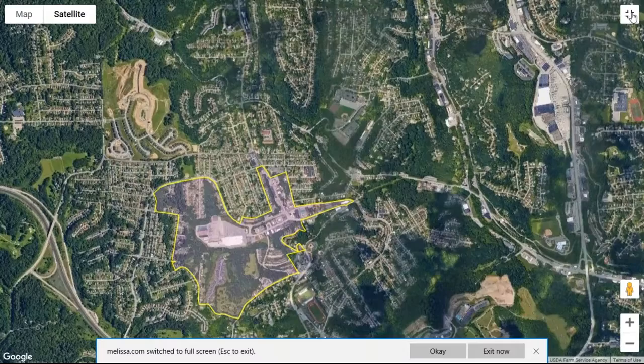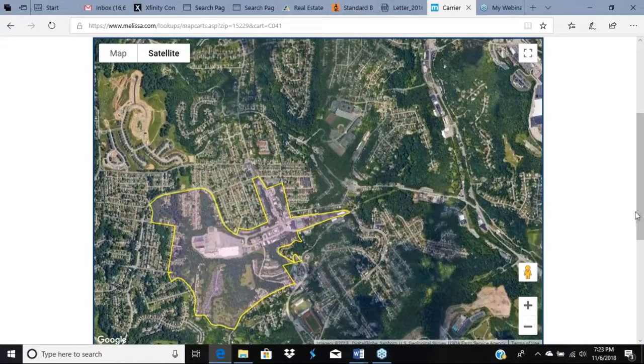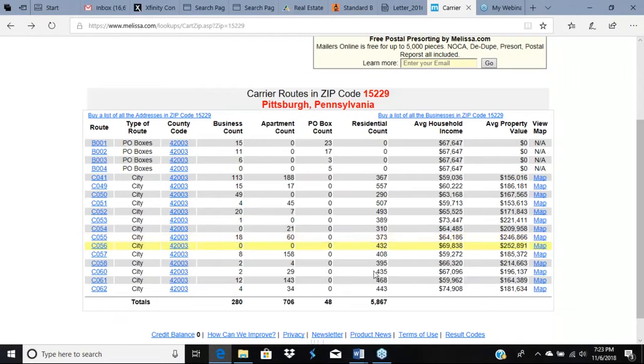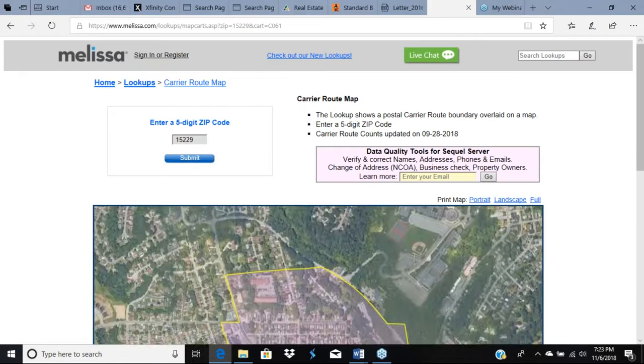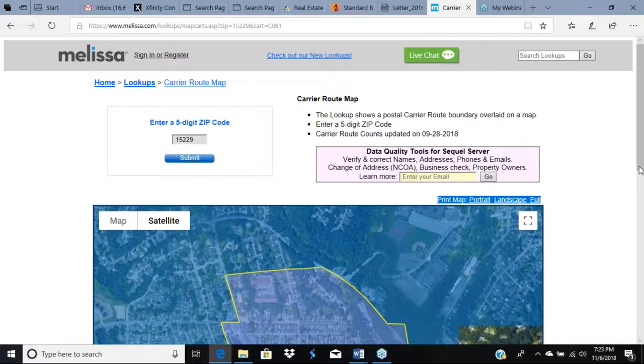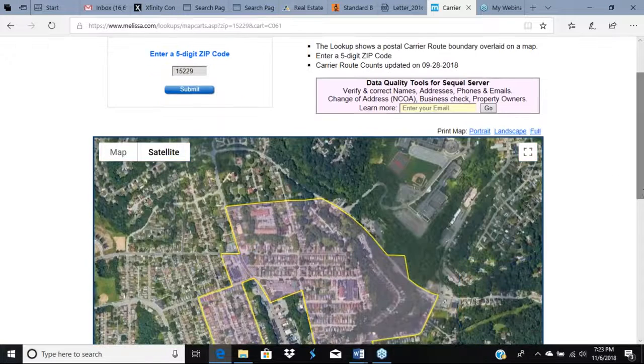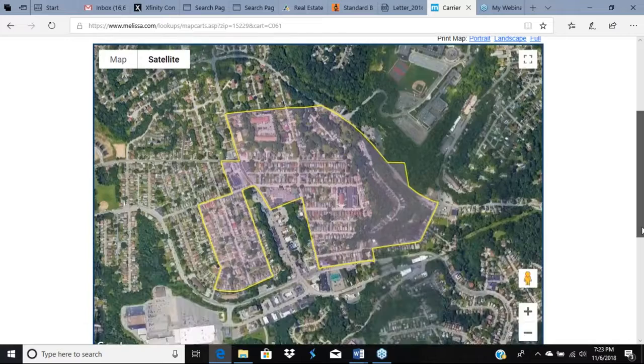So let's blow this back down. So we saw that area. That's one carrier route. Let's go back to where we were. There we go. And let's look at this carrier route. Okay. Here we go. When you guys get the picture, what I'm getting at is you get a real good view